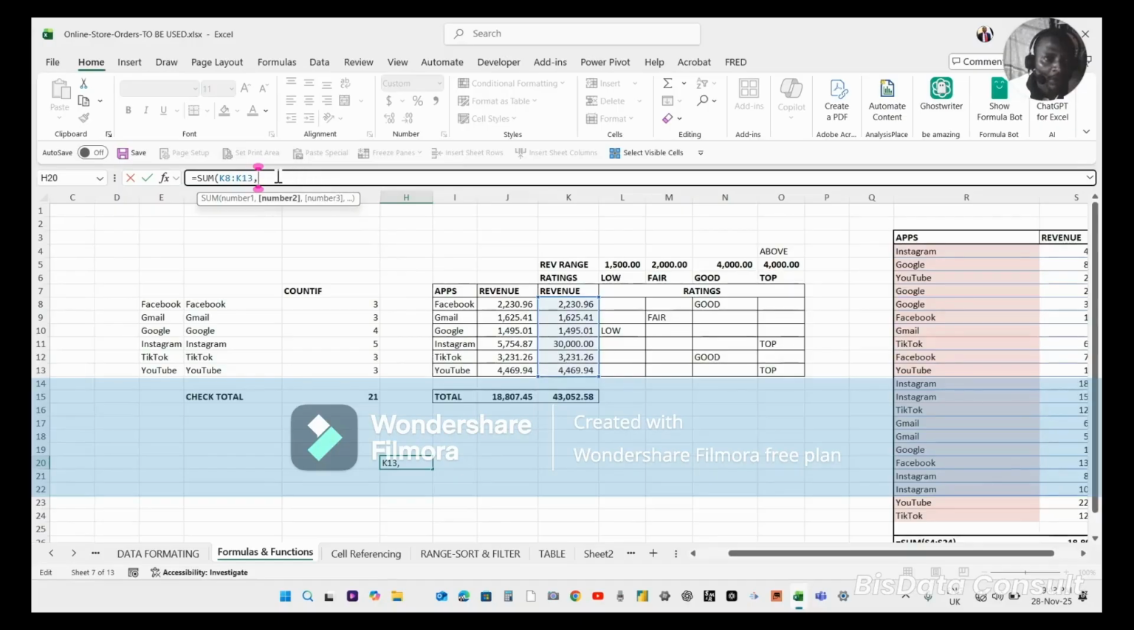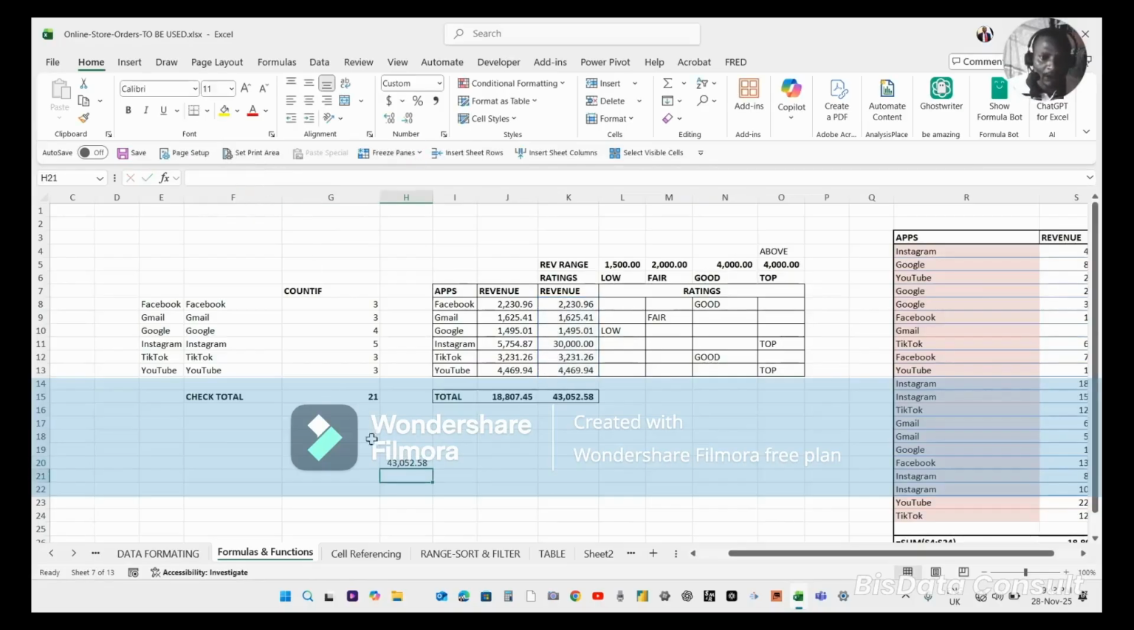I could also type individual numbers or individual cell addresses to do what I want to do. And then it asks me for the second number, which is optional. In this case, I don't need the second number. What I need to do is to close the parenthesis and press enter, and it sums it for me. Can you see that? So that's the sum of that, which I already have here. Okay, so